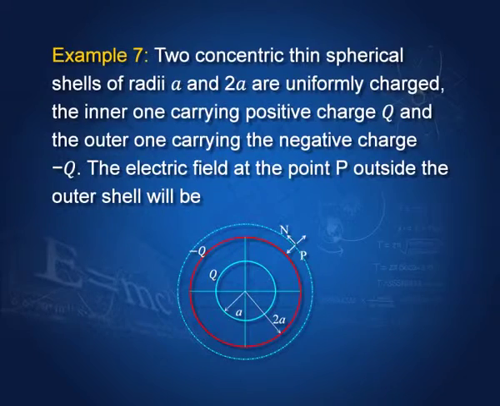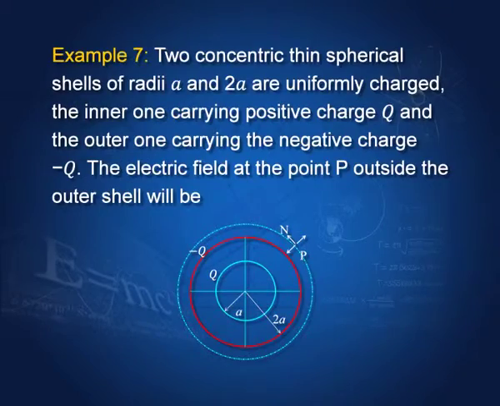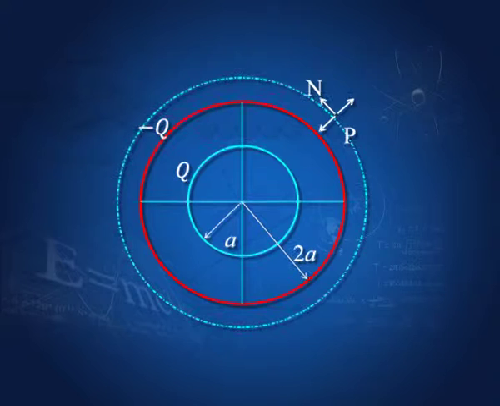Same thing again, but now the electric field at the point P, which is outside. So, same exercise. Now, the point P is outside the two shells, and what happens now? If I draw a Gaussian surface through P, it includes both the shells, and the inner shell has charge plus q, the outer shell has charge minus q. Therefore, the total charge inside this Gaussian surface is 0. Therefore, there is no field at the point P. 4 pi r squared times E is equal to 0, because there is no charge inside. Therefore, E is equal to 0, and therefore, once again the direction is irrelevant. The field at the point P is 0.